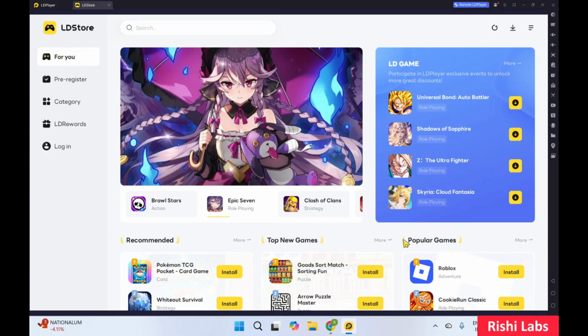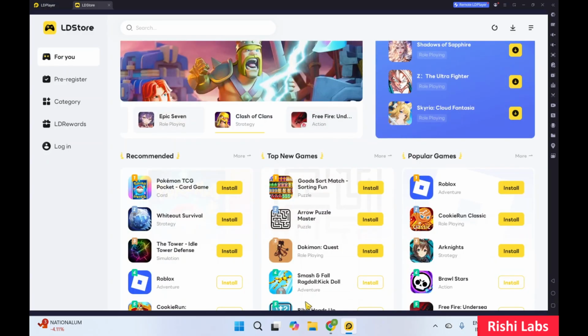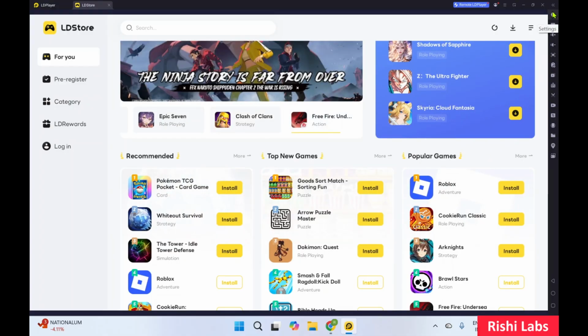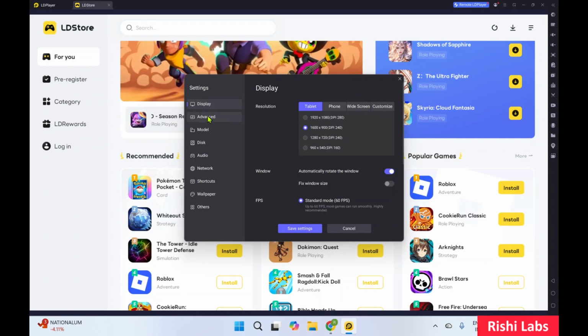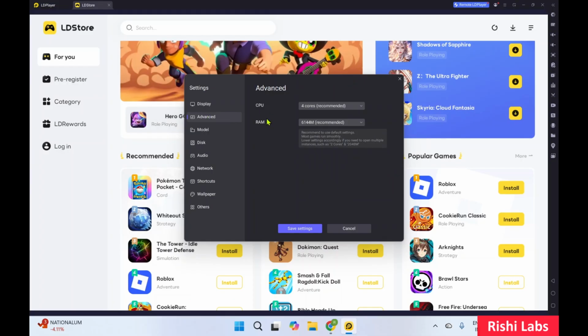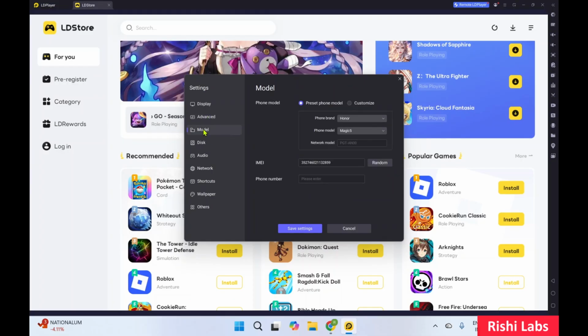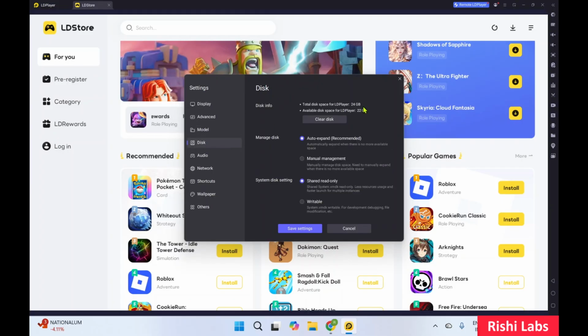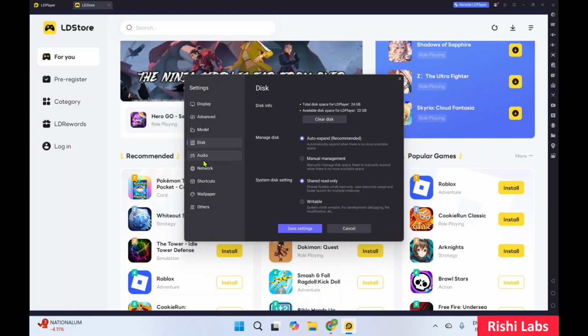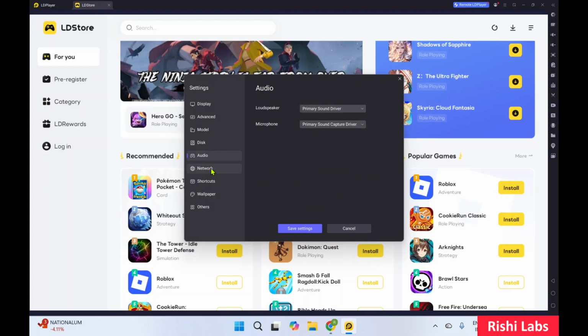to the store. Over here you can see the different top, new, recommended and popular game sections. On the right hand side, you'll be able to see the settings menu. If you select this, you can change the resolution of your display: tablet, phone, widescreen, or customize it. In advanced you can change the CPU and RAM configuration. In model, you can select which phone or brand you want to use. Then disk, you can change the settings. In audio, network,